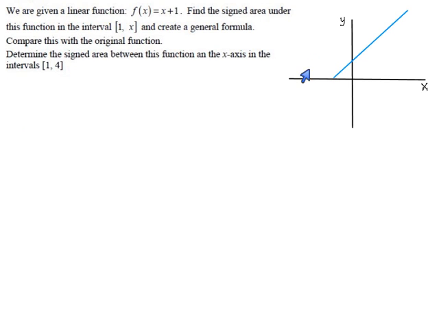Okay, they give us a linear function, x plus 1, here it is, and it continues this way if it needs to. And find the area under this function from 1 up to, they're not saying where the right edge is. You can't really call this a definite integral because we don't have numbers for the left and right boundaries, so